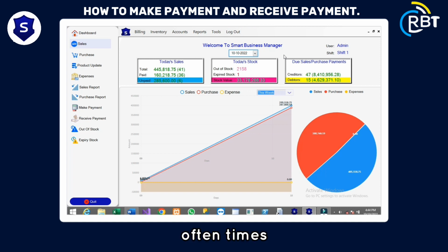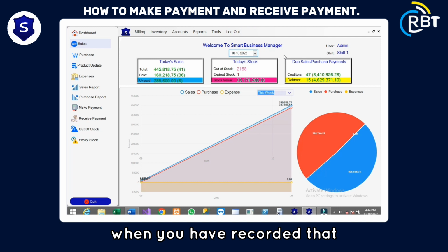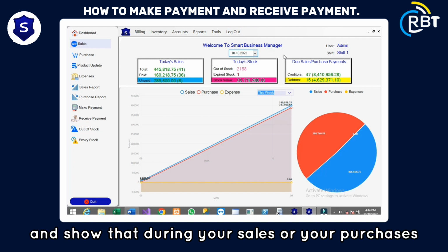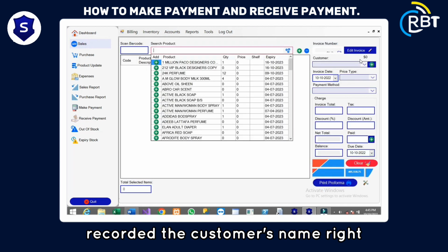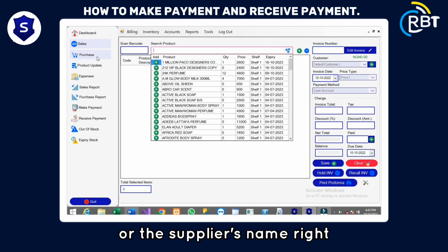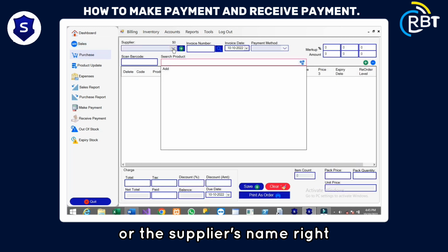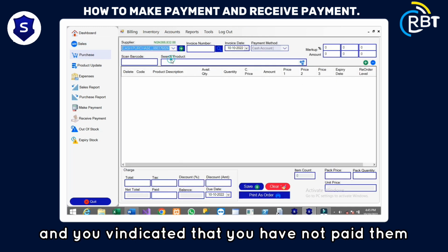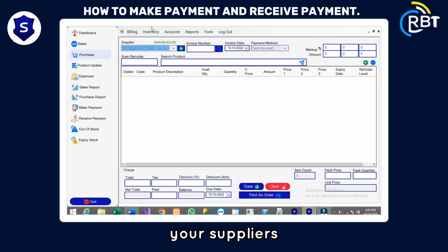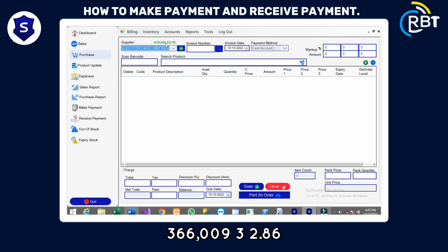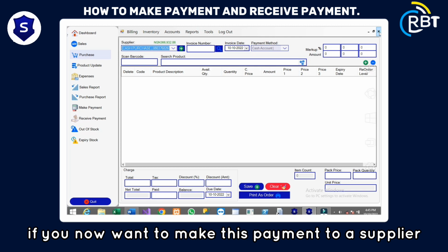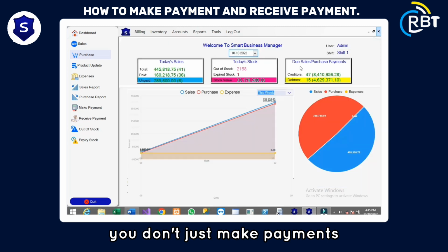So when you record your sales or purchases, ensure that you have recorded the customer's name or the supplier's name, and indicated that you have not paid them. For instance, this supplier is reading that I'm owing this supplier 366,932.86, right? So if you now want to make a payment to a supplier,